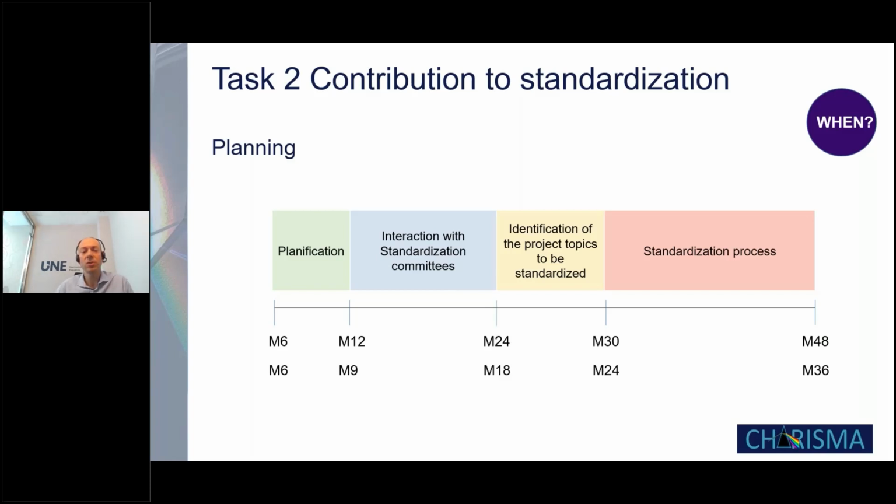Then in the next months, maybe from month 12 to month 24, from month 9 to month 18, here it should be working on this interaction with the standardization committees, looking for the ideal standardization technical committees to contact, looking for the contacts, making this communication with a detailed explanation of why we are contacting the standardization committees, providing some general information about the project,